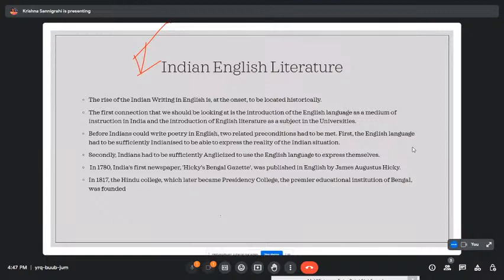First, the English language had to be sufficiently Indianized to be able to express the reality of the Indian situation. If you have heard about pidgin English, about the chutnification of Indian language, Indian English has different words from their original language because we could not find an appropriate word in the English language, since the socio-cultural reference and background of its origin is different for both the countries, and as a result,